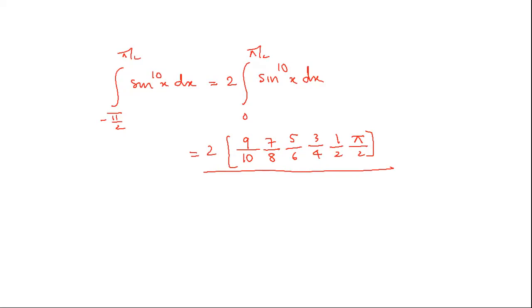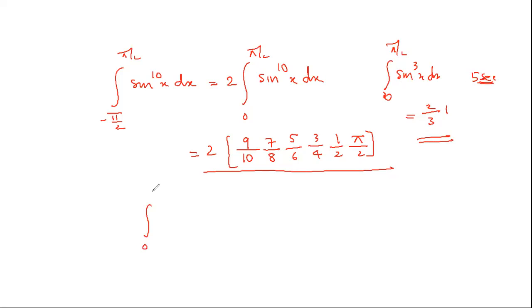They may ask you integral 0 to pi by 2 sin cube x in MHCT, thinking that you are supposed to do it by the sin cube method. But you, smart student, will do 3, 2, 1 and finish the answer. Understood? Yes. So 2 by 3 is your answer. But others will do sin cube x: you'll use the sin 3 theta formula, change it, integrate it, then put the limit. By the time they finish, you'll finish the answer in not even 30 seconds, 5 seconds. That's why I wanted to teach you this formula.